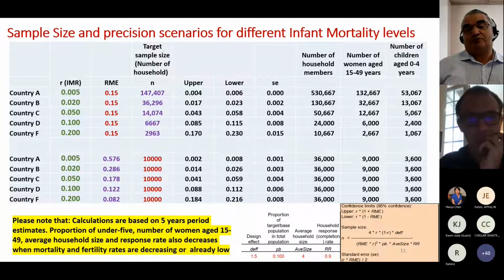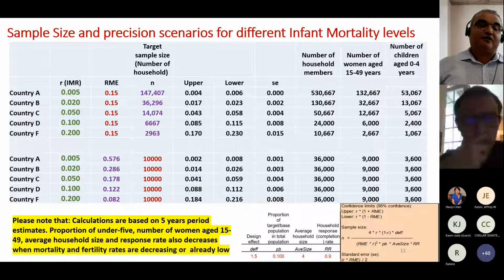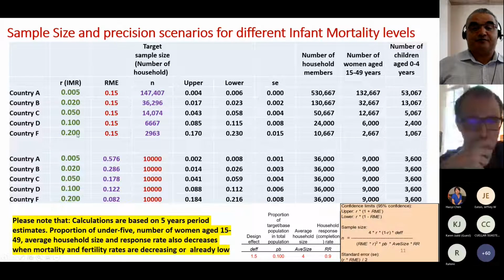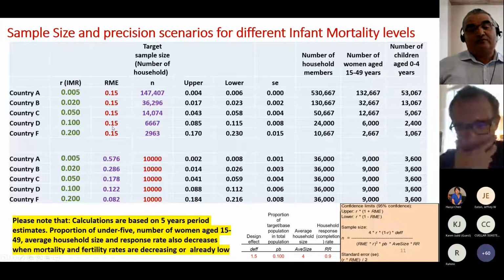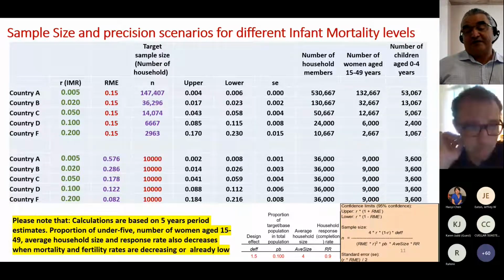150,000 households. If I have a very common or high value of infant mortality, then I can manage this with a smaller number of observations. But we know that there are very limited numbers of countries having this figure. So this is one approach: I fix the RME value. In the second scenario, I fix the sample size. I have to say that I also fix some other inputs for the sample size calculations,